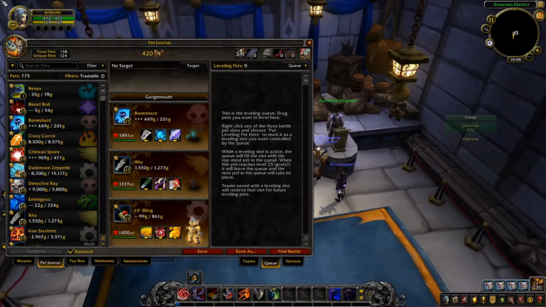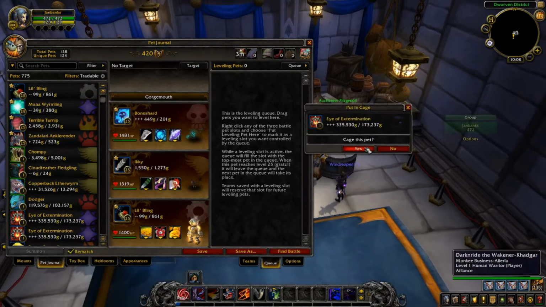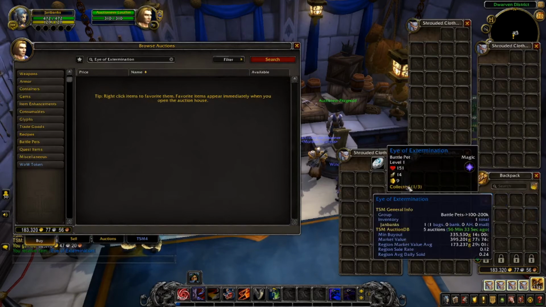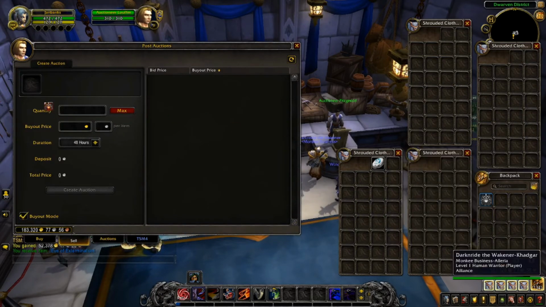Cool. Now, we'll take a look at that same pet and see if we can get another one listed here. So the first one listed for 199 here. Boom. Okay, so you can see that it currently says its value is 335k. So let's just go ahead and take a look and see what's on the auction house. We've got one up for 335k,